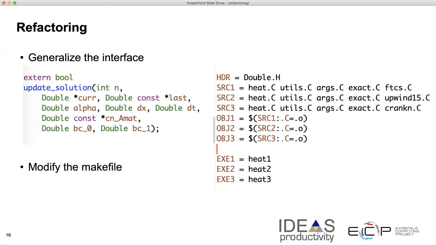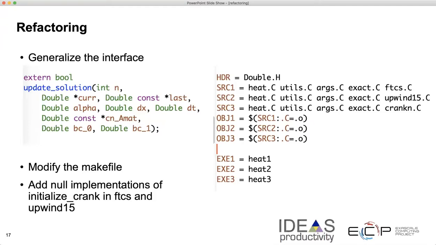Then we modify the makefile. Now in the makefile, we have three different objects defined, and those objects make use of different functions. Those functions have been broken up into different files. Each one has its own implementation of an integrator. These are the changes we have made to the makefile to be able to build with one integrator only. We also add a null implementation for initialize crank in FTCS and Upwind 15